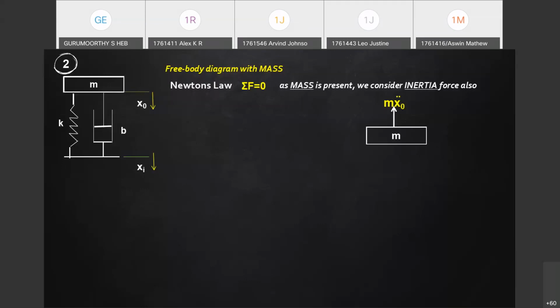If you try to damp it, it will act in the upward direction. The same is true of the spring. If you try to compress it, it will try to oppose that motion. So the force is to be considered in a direction opposite to displacement. It is not a single displacement, it is in between. Consider this.